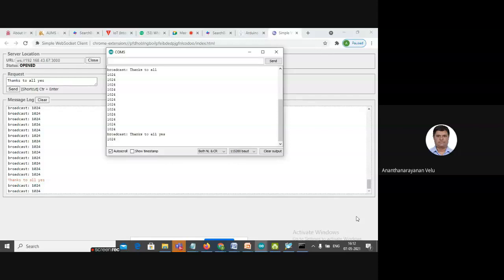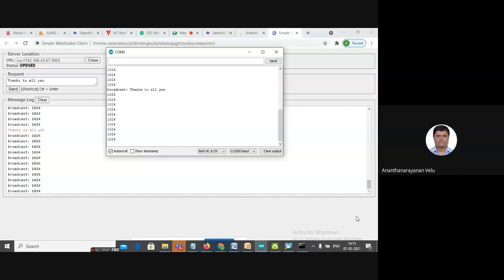So in that way, without waiting for any HTTP request, the WebSocket is able to push the dynamic information to all its clients who are connected to it. By providing proper authentication and authorization, you can also say this particular information should be passed on to this particular client only. Currently, I have no such restriction. Whoever puts the information, that will be passed on to all the clients.